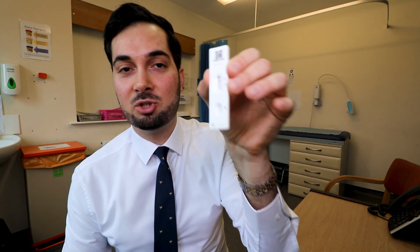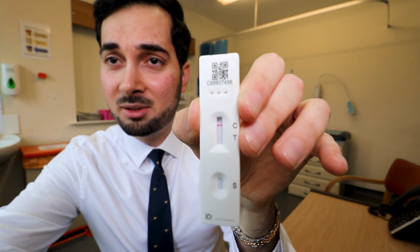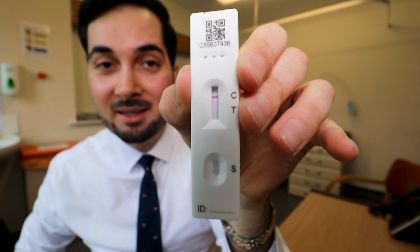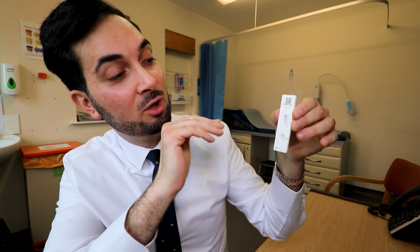So for this kit, which is the IBD Innova one, I don't know if it's not focusing, I think that is. I hope you can see that. So the C line, there's one line on the C which indicates that this was a negative COVID result, okay? So thankfully, I don't have COVID, so I'm negative. I have been vaccinated as well, so it's quite unlikely. But, so the C, one line for the Innova testing kit means that it's negative. If you have two lines, so the C and the T have a line, then that is a COVID positive